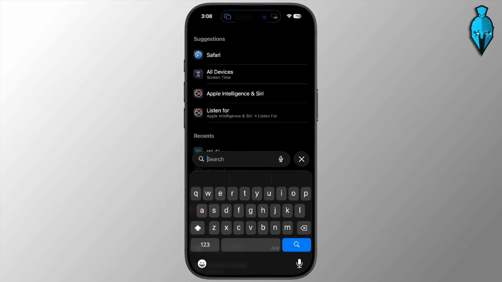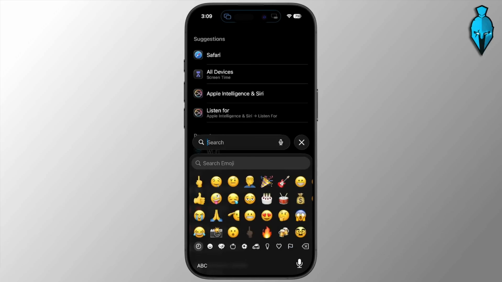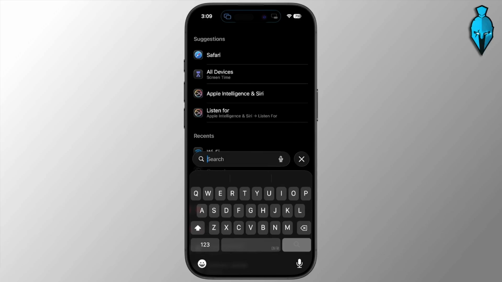When the keyboard is open, tap the smiley face in the bottom left corner to access emojis. If you see a globe icon instead, tap it to switch between installed keyboards and languages. On the keyboard, you could also tap the 1, 2, 3 button in the bottom left here to view numbers and common symbols. And from there, you could also tap the hashtag plus equals button to access additional symbols and